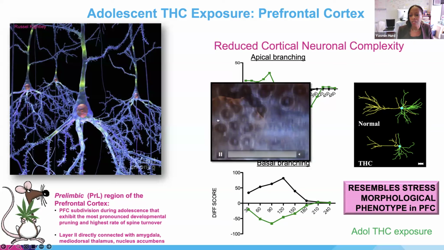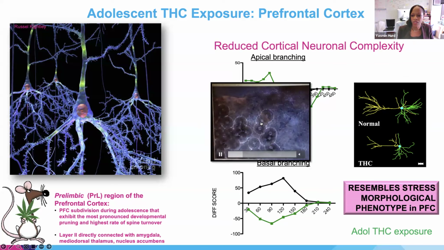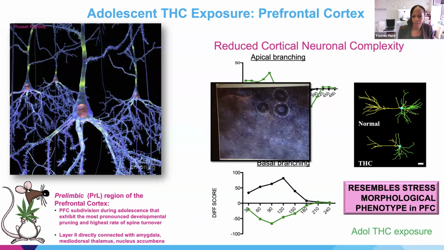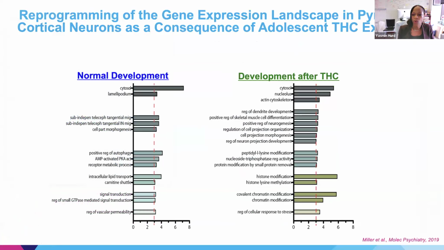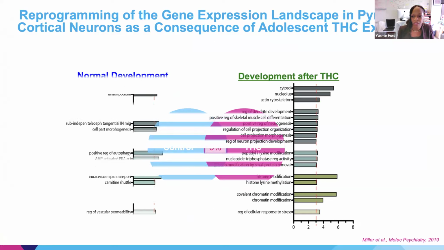One of the things we can do in the animal models is pick up these cells and sequence them to see what may be the underlying molecular signatures. And we could see that the underlying molecular signatures were very distinct in those young adults that have had adolescent THC exposure compared to the normal developing adolescent brain. In fact, there was a really strong reprogramming, so that they shared only about 5%. So there was a 95% reorganization within these cortical cells.